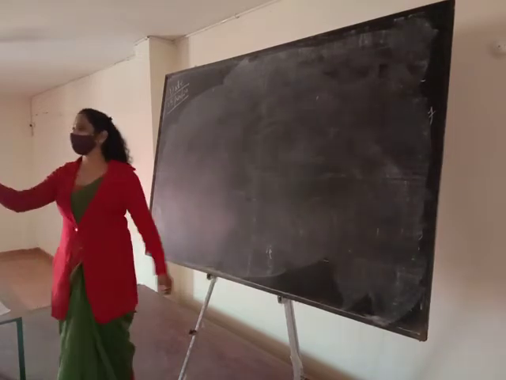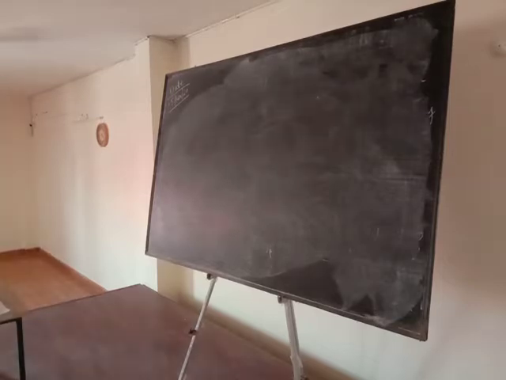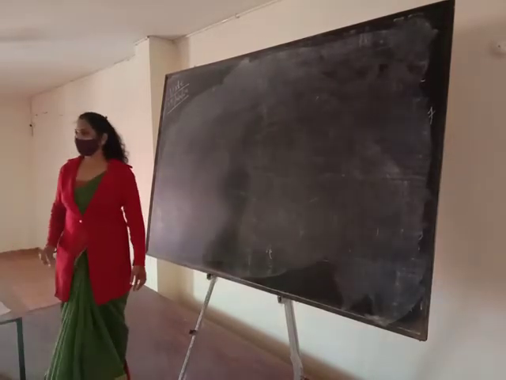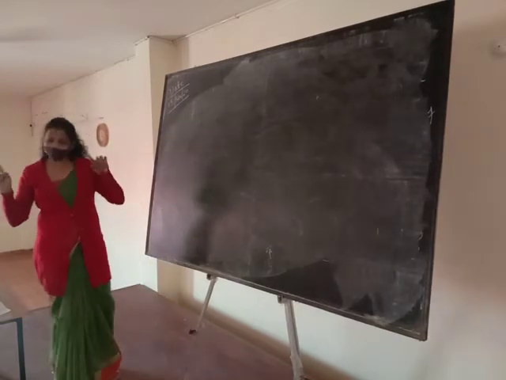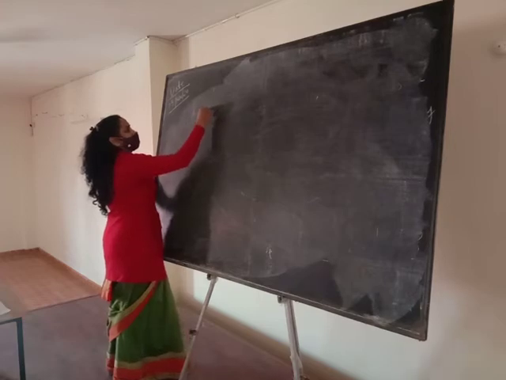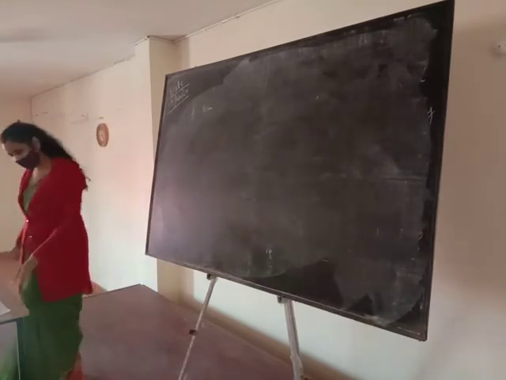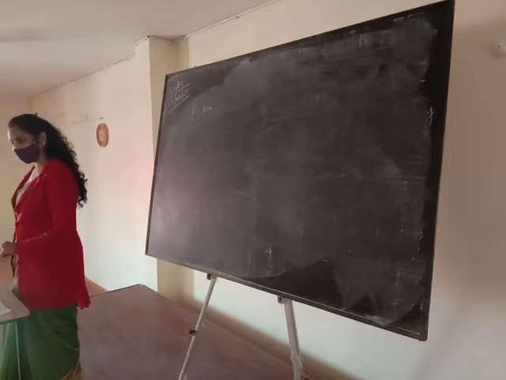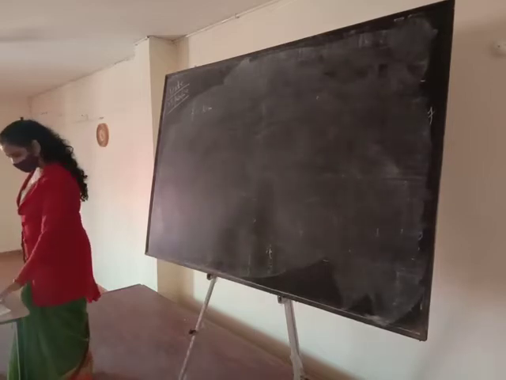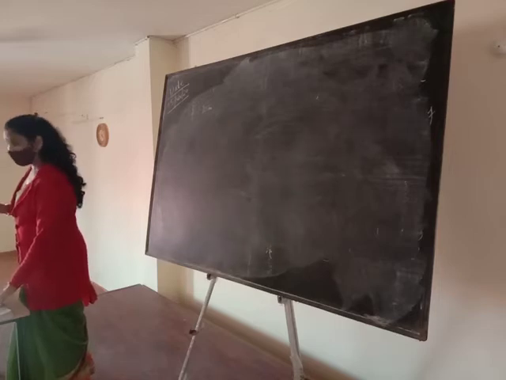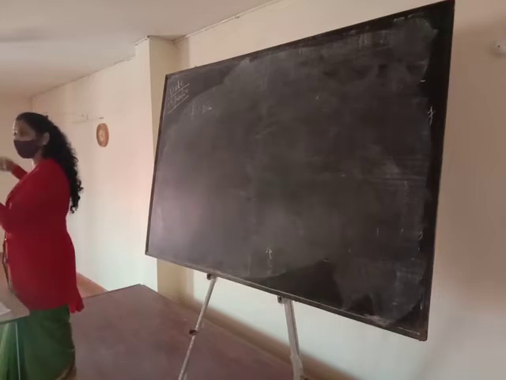Ayushi, what is given in the question? Focal length is 10 centimeters. Okay, it means F. Is it positive or negative? Positive. So 10 centimeters is the focal length. And? It is placed at a distance of 12 centimeters from the wall. Okay, we are placing this lens at a distance of 12 centimeters from the wall. So what is this?